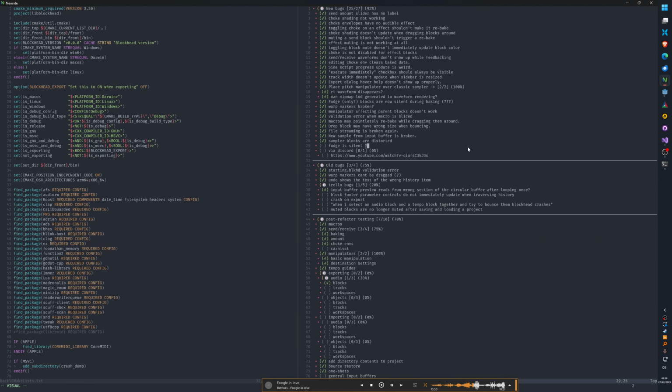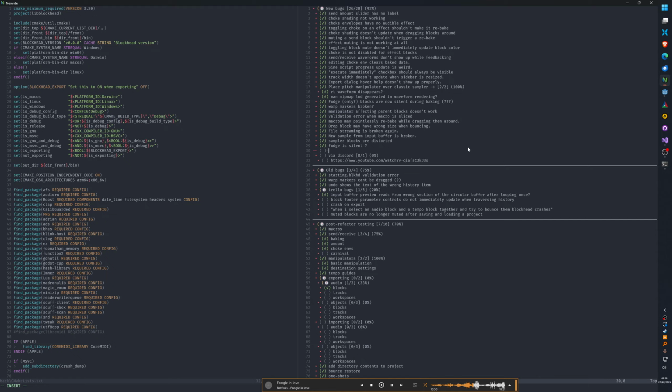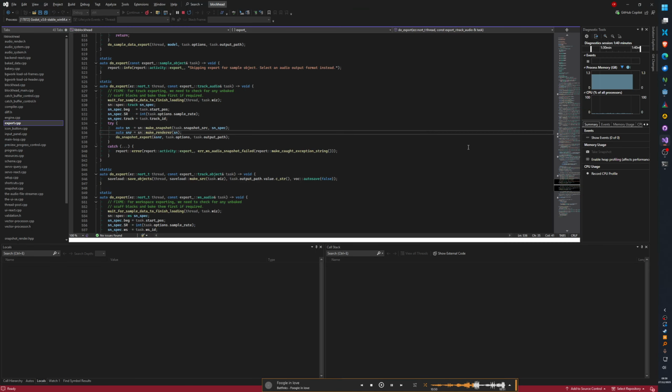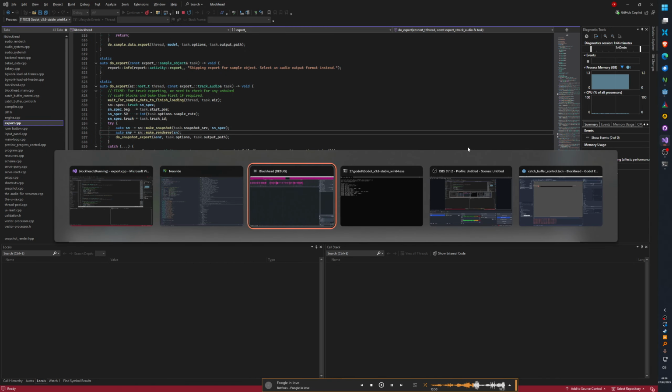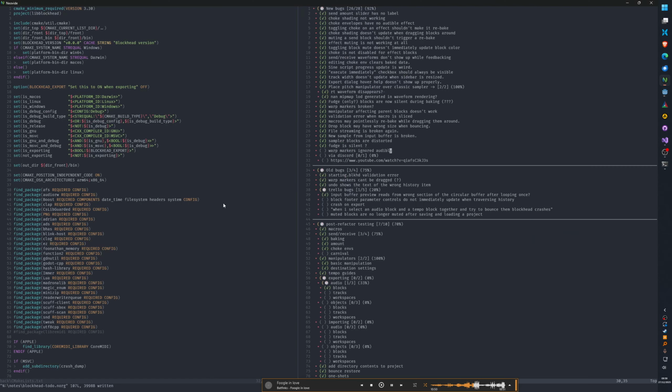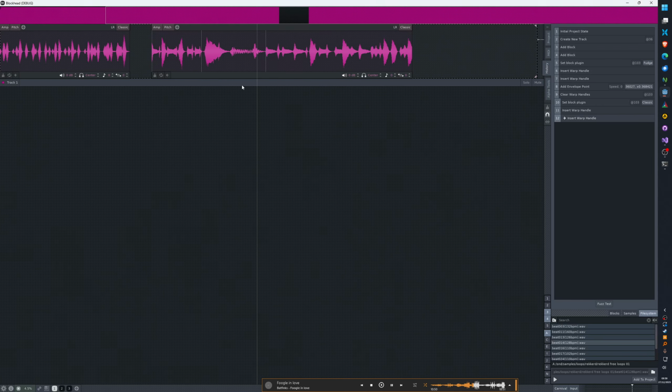So there's all these new bugs because of more refactoring work that I've done. Warp markers ignored audibly. Right. That should probably be easy to fix.